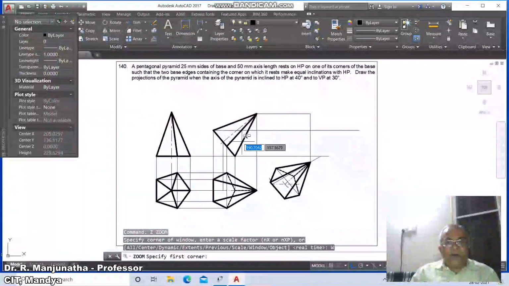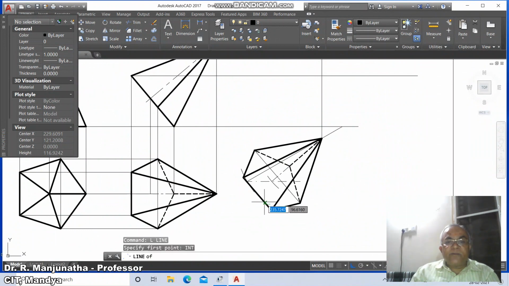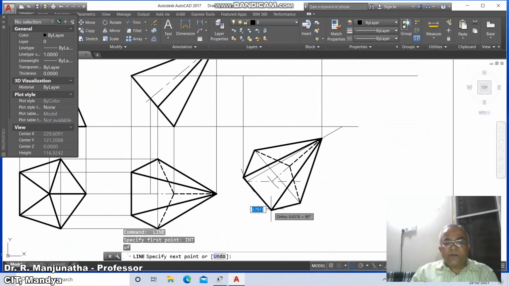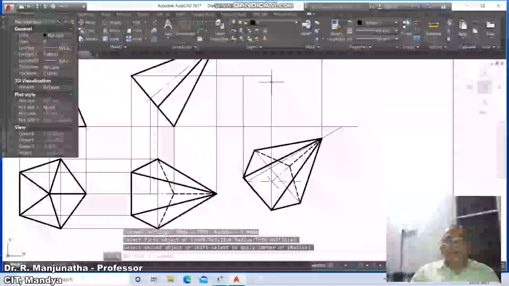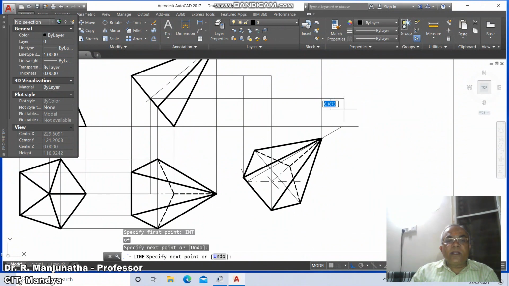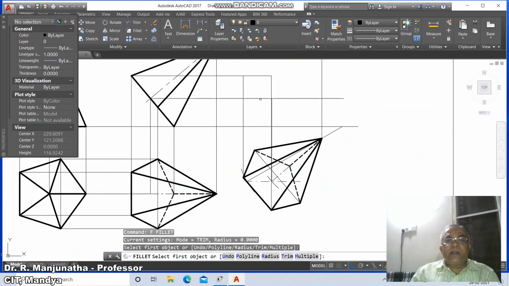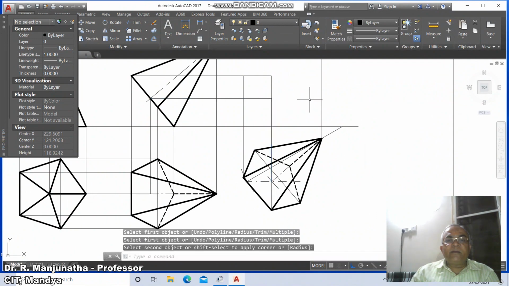Then zoom window, select this, then go to line, take the intersection point of this and draw perpendicular to this. Similarly, line, intersection point of this and draw perpendicular to this, then fillet between these two. Similarly, line, intersection of this and draw a horizontal line, and take line, take the end point of this and draw a perpendicular to this, and fillet between this line and this line.